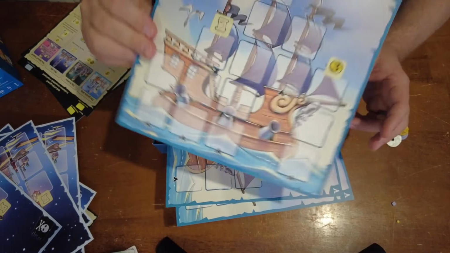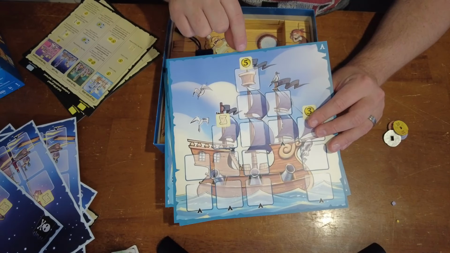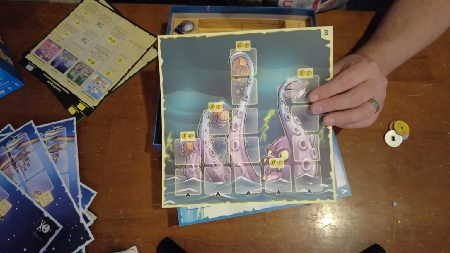And then here we go. This is just the standard pirate ship. You get to take the treasure map when you fill this column. You get 5 coins when you fill this column, and you get 3 coins when you fill that column. That is just the standard pirate. And this one here is the